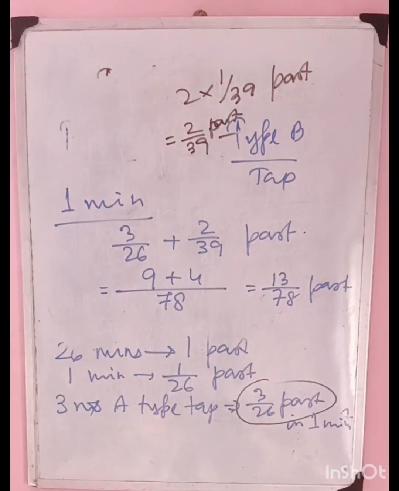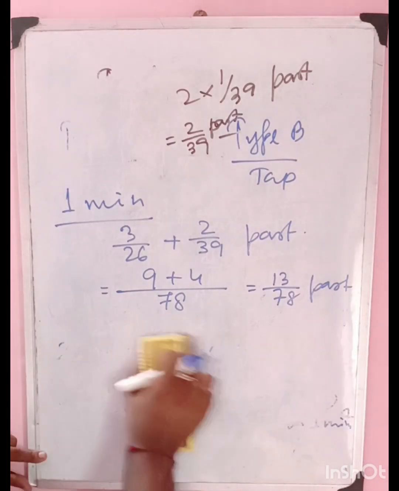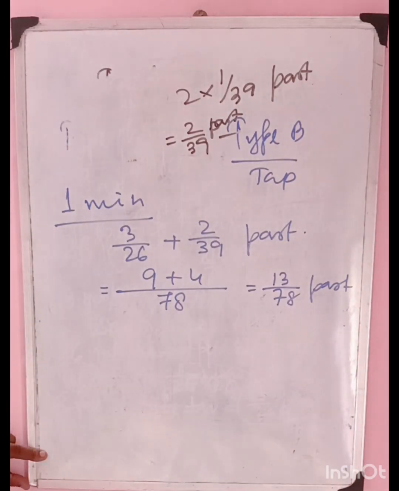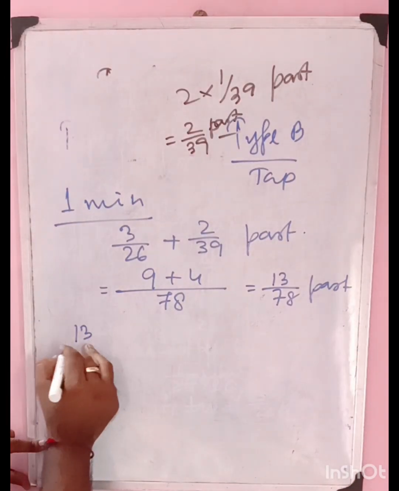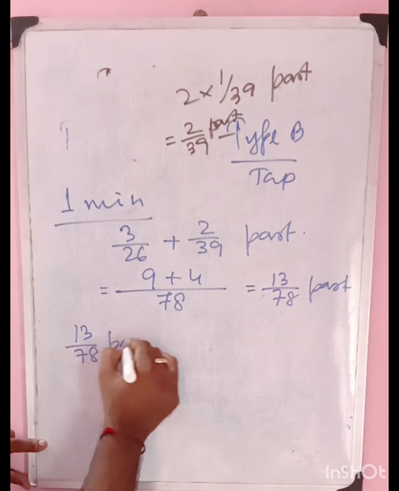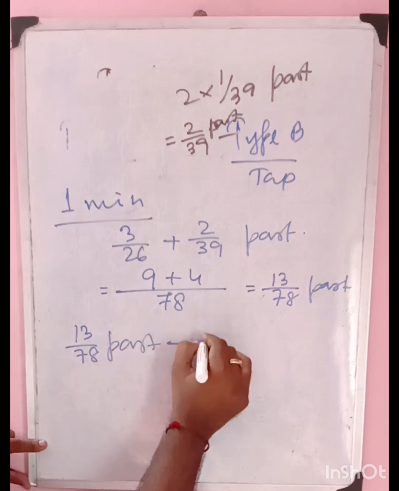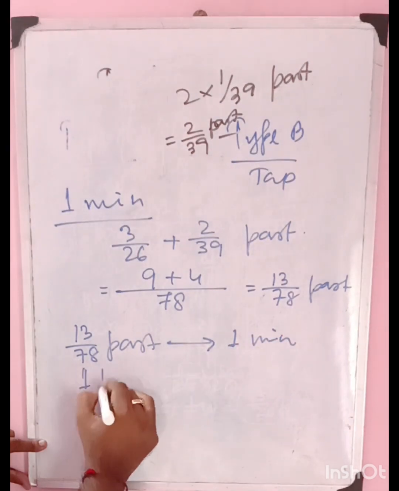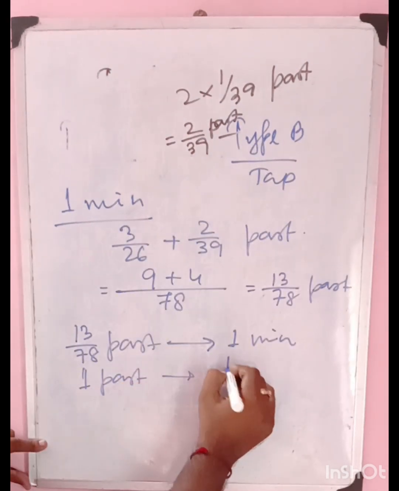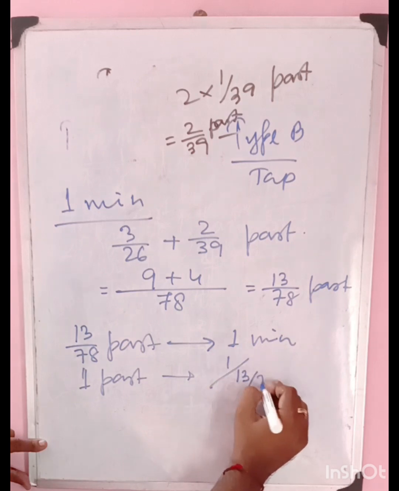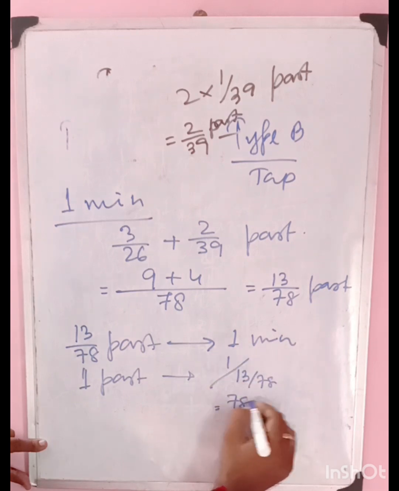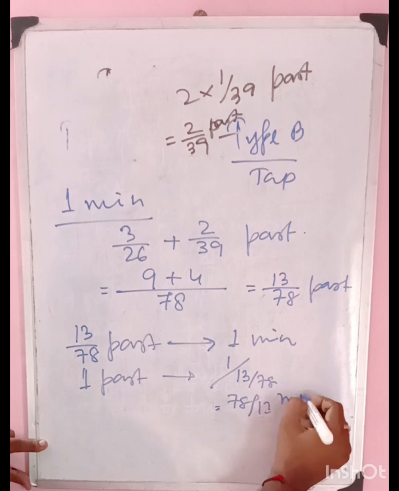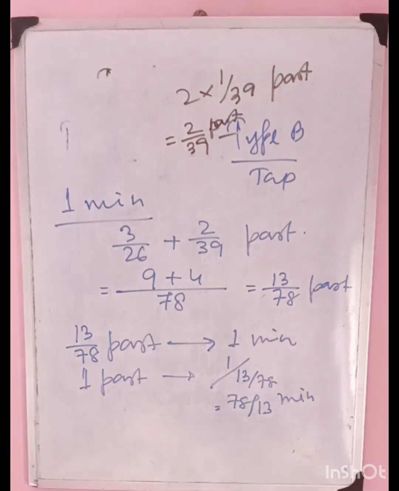You have just seen, we have to reverse this part. 13 by 78 part in 1 minute. So one part is 1 by 13 by 78, so it is 78 by 13 minutes. Okay,